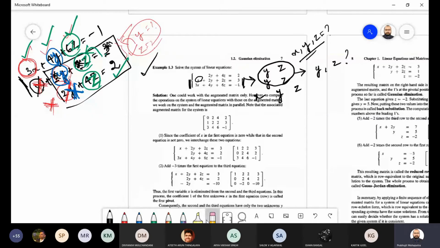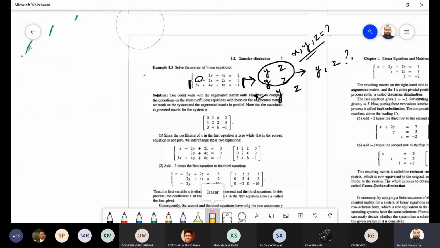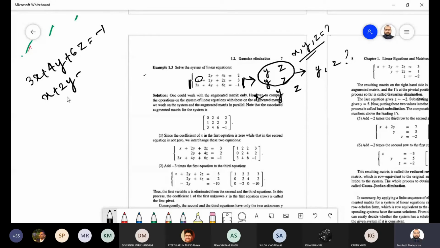And another thing is what we are doing actually. See, we can interchange, we can write the third equation first. Is there any issue if you write the third equation first? No, sir, no issue. So that means we have the freedom to interchange their positions. That is okay or not?